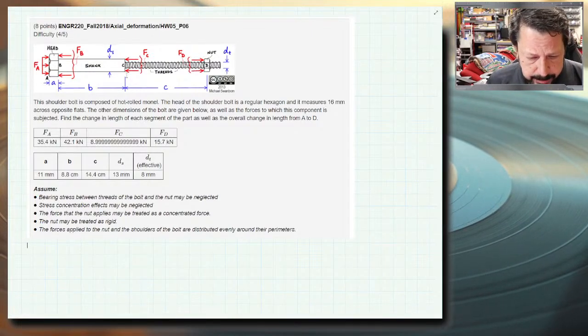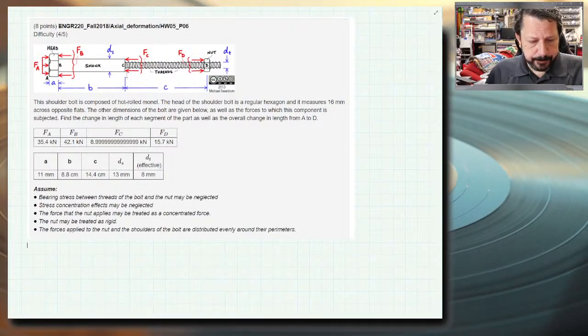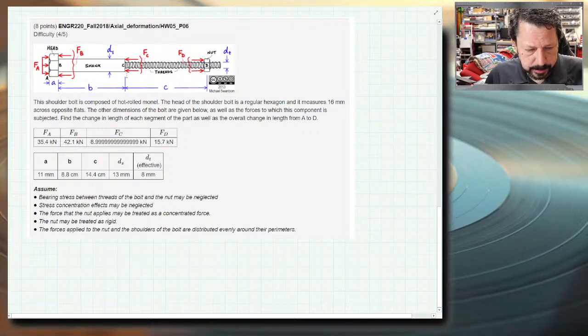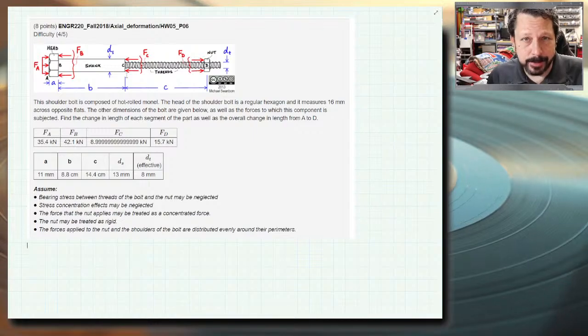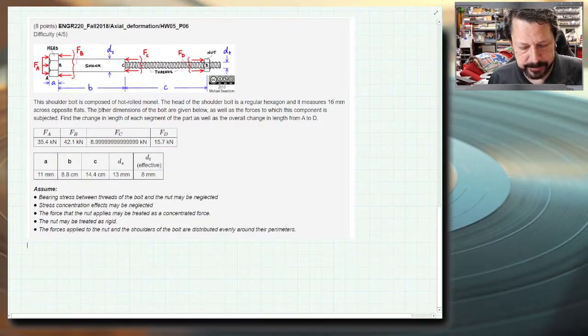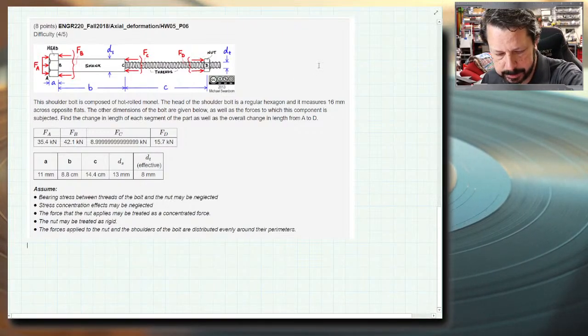well, let's see. Let's just start with drawing a free body diagram. Let's not worry with the head of this thing right now. Calculating the area of this hexagon, what I would do is I would just go find a hexagon calculator to figure out the area. The oddness of it is that it's 16 millimeters across opposite flats, which is actually